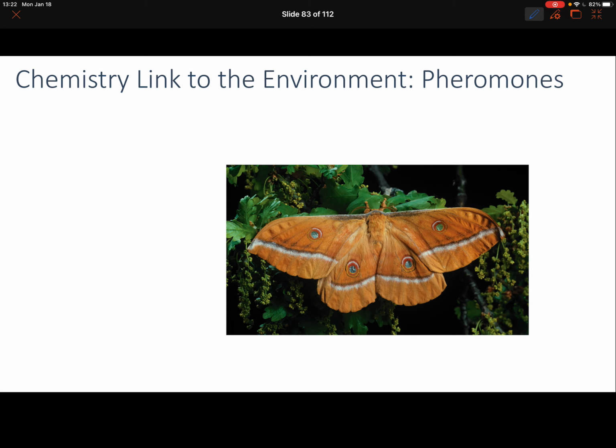So these things are pretty cool. Again, they warn of danger, they can mark a trail, they can attract the opposite sex,